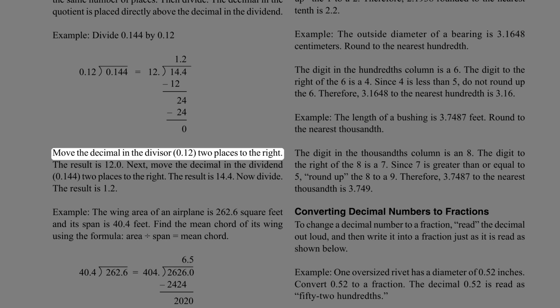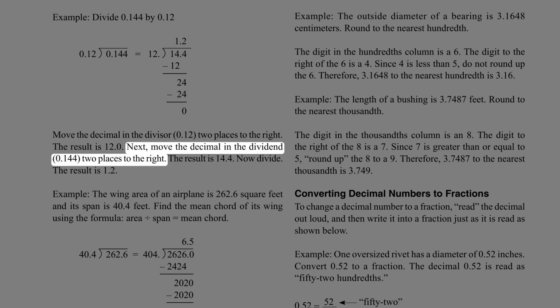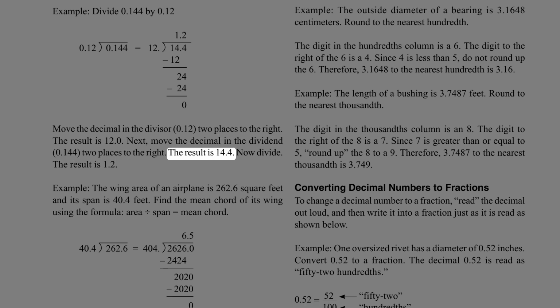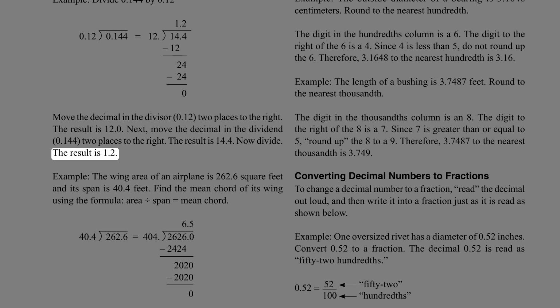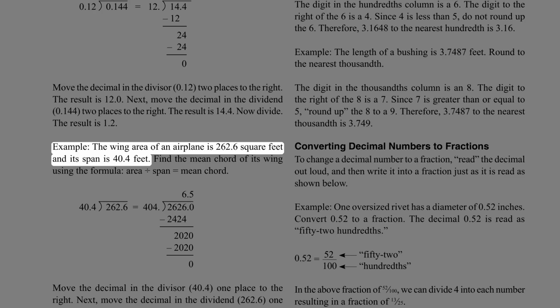Move the decimal in the divisor, 0.12, 2 places to the right. The result is 12.0. Next, move the decimal in the dividend, 0.144, 2 places to the right. The result is 14.4. Now divide. The result is 1.2. Example: the wing area of an airplane is 262.6 square feet and its span is 40.4